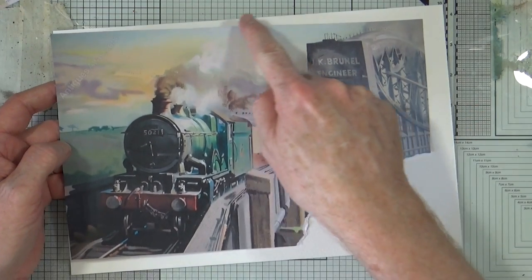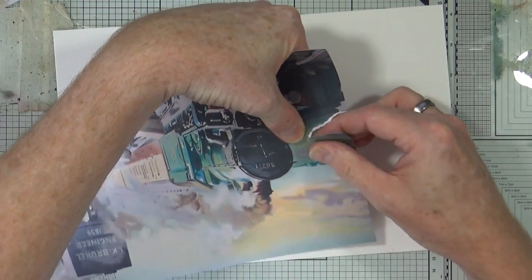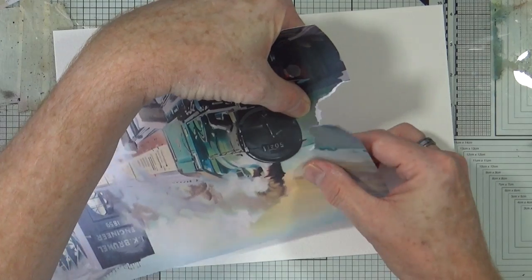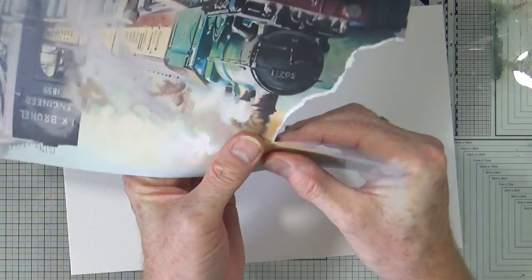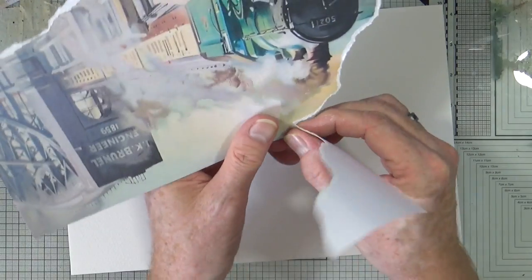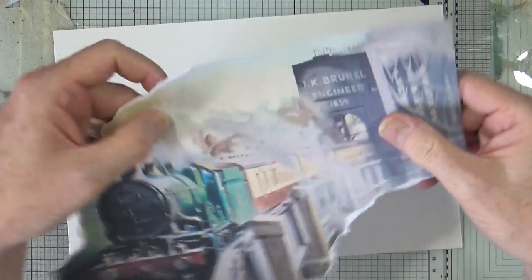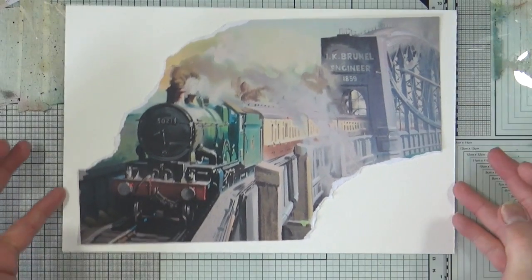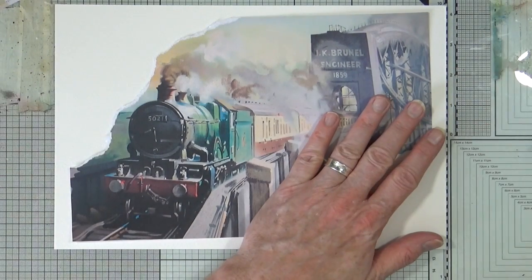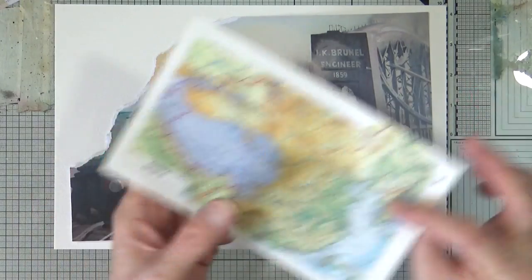And I'm going to do the same thing following the line up here. So I'm going to try and tear that following that kind of curve around the image and the steam, and then feather that way. So we've got that. Now what I want to do is, using those maps, I think